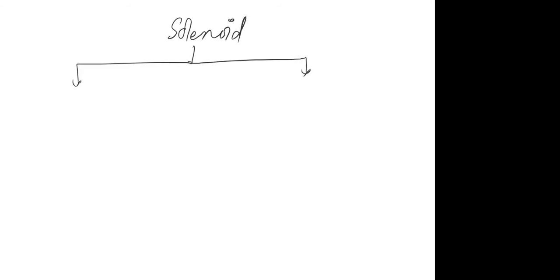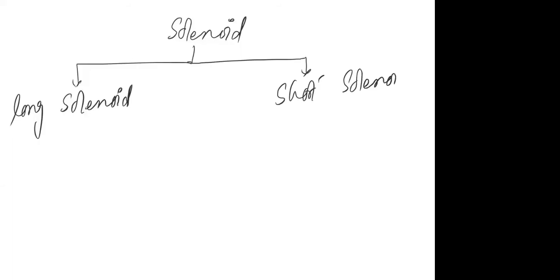Now we have two types of solenoid, but I'll let you know what is in our syllabus. Before that, you need to understand the two types of solenoid. One is called a long solenoid, another one is called a short solenoid. What we are going to discuss will be the long solenoid, because the part of the syllabus is the long solenoid. You don't have to study the short solenoid, so we will not be talking about it. But you need to remember the meaning of long and short solenoids, right?